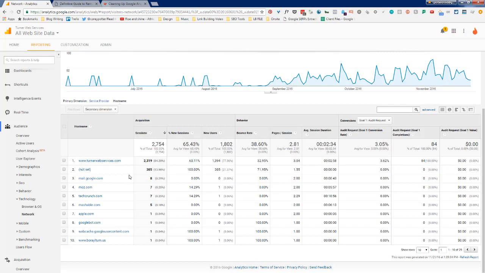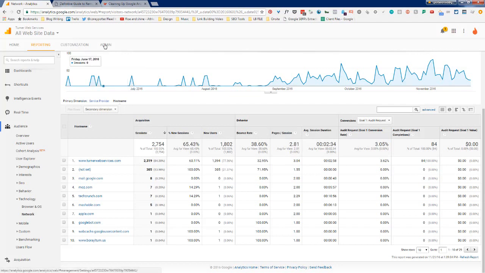And so what we're going to do with this is we're going to go ahead and include traffic that is coming through the valid host name. So this is www.turnwebservices.com. Now this is probably the most complicated step of this whole process, and it's really not that complicated. In fact, if you don't understand this, or you can't get to this screen, you can almost always just use the main canonical version of your domain. So if you normally see www.yourdomain.com in the bar up here, you can just use that,